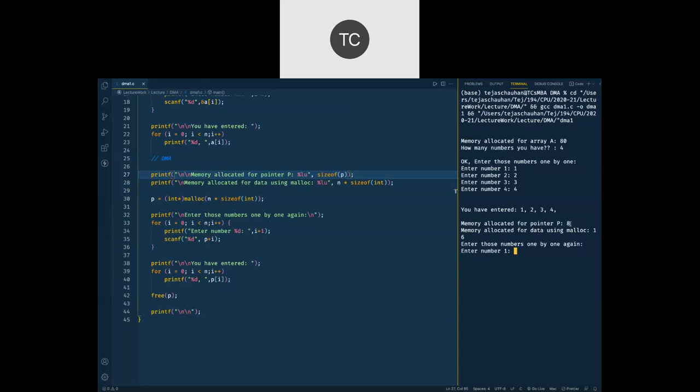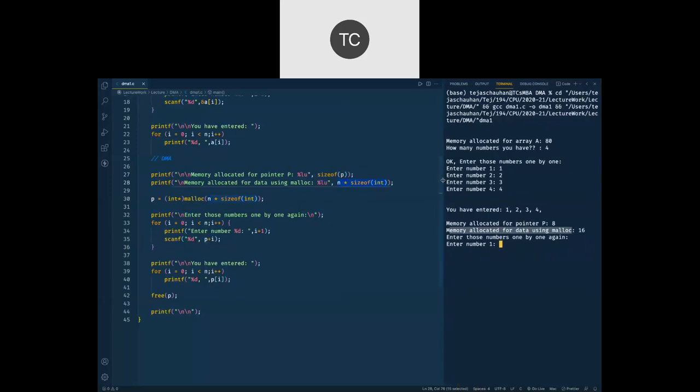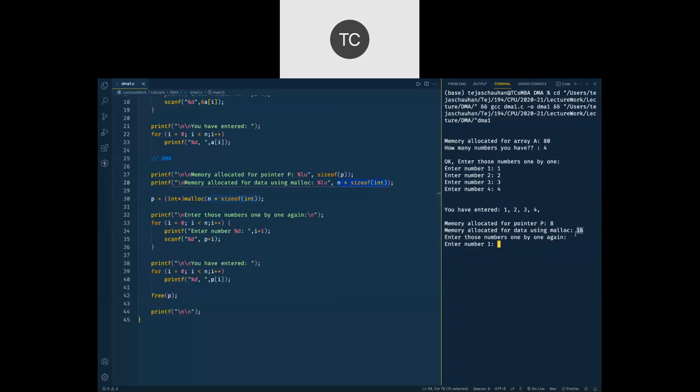Then later on, you have gone for runtime memory allocation. And what amount of memory do you allocate? N multiplied by size of integer. So the memory allocated for data using malloc is 16. So 16 bytes have been allocated to you at runtime.